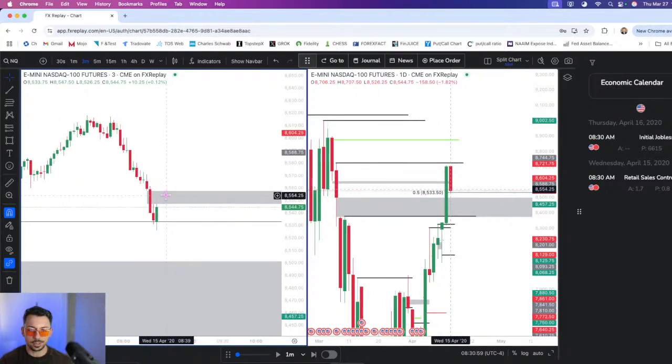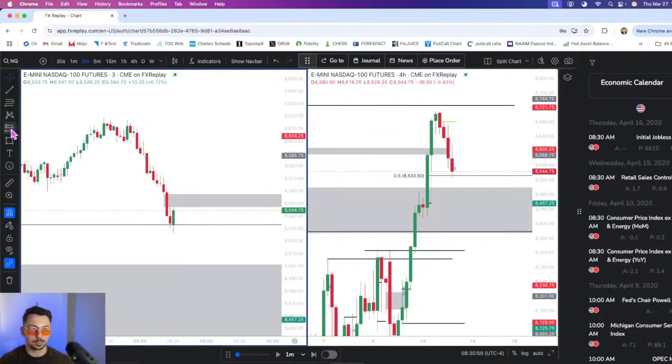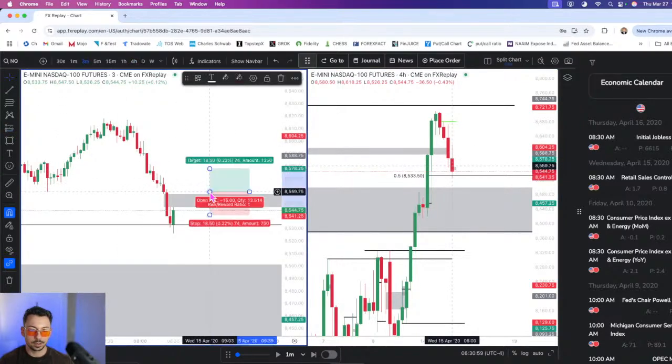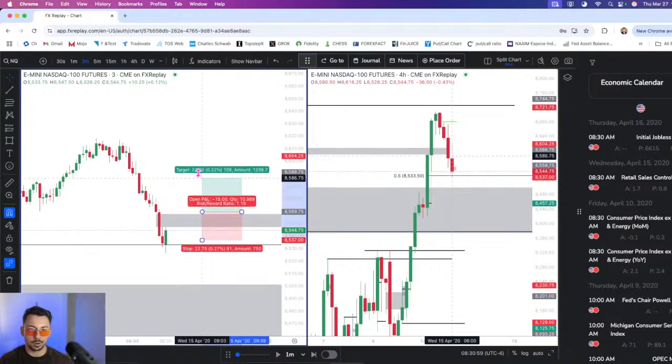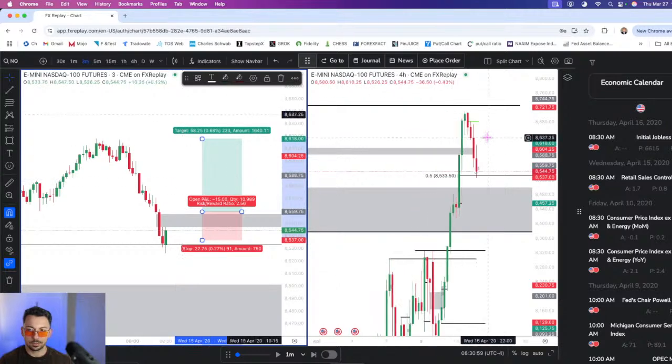It is 8:30. Not ideal. Let me just check one more thing. Let's look at the 4-hour. We also entered the bullish 4-hour fair value gap, so I think this is pretty good. I would take this. And then I would move my stop a little bit lower, and then I would target high of day realistically.